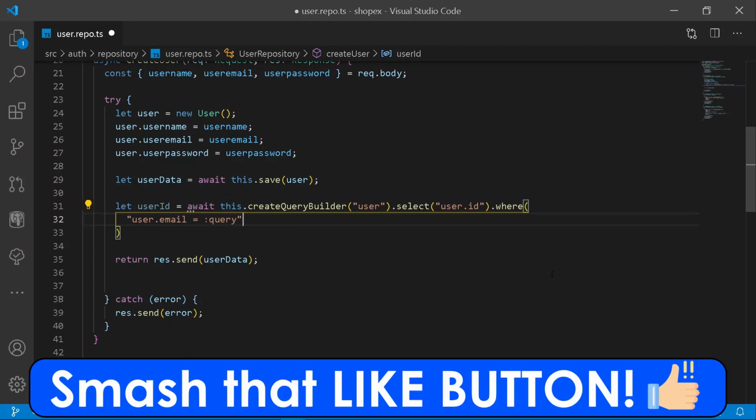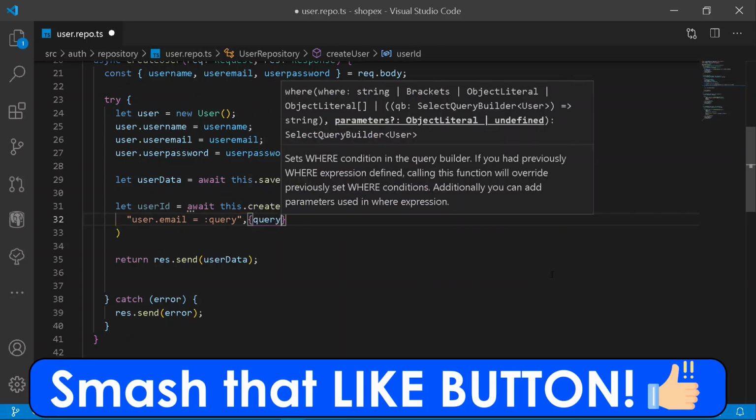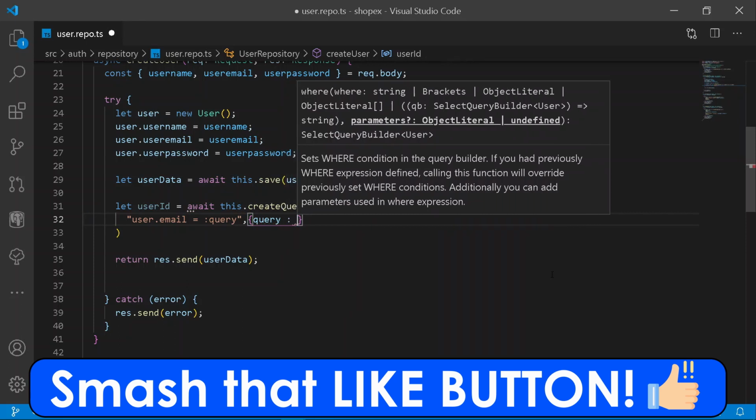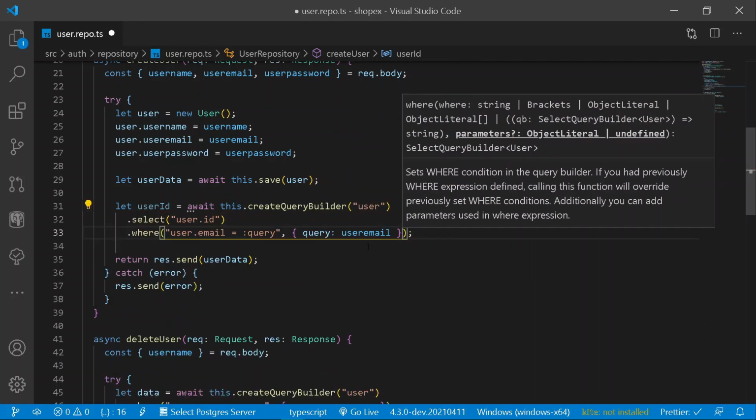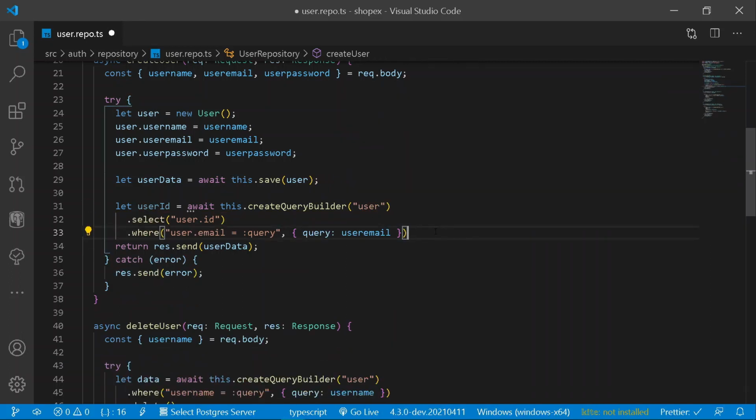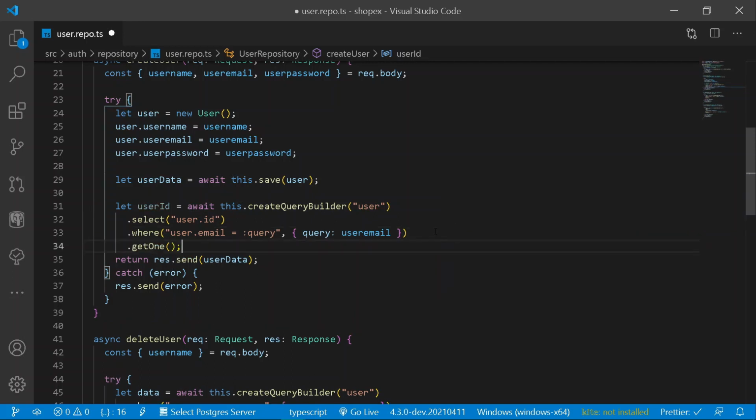So here let's query the following thing, and under this let's add a query, and onto my value of our key of query I will be adding here user email, just like this. Format document first, and once we have got our entire thing, I will be simply getting a single value. So for that purpose, I will be writing here getOne, just like this.